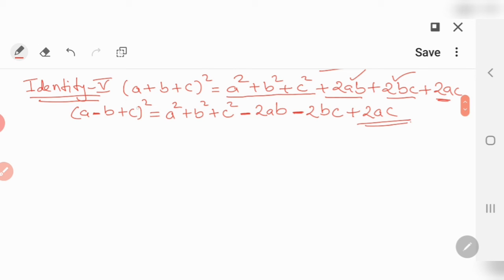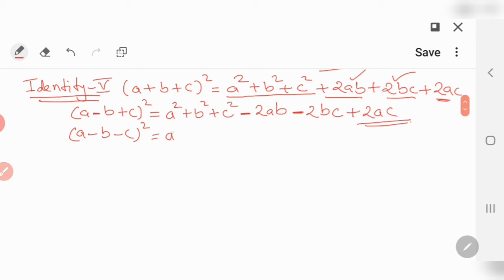So it is the same identity only, but the sign is changed. You understood, na? They also follow identity number 5, but the sign changes, therefore in this identity also the sign is different. Let us see one more, (a - b - c)². As I told you, the first, second, third, these 3 terms will always be positive, correct? First, second, third will always be positive.